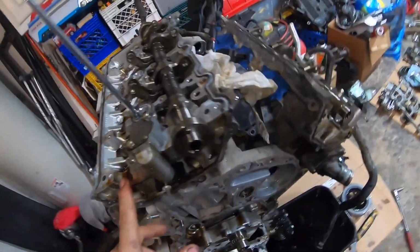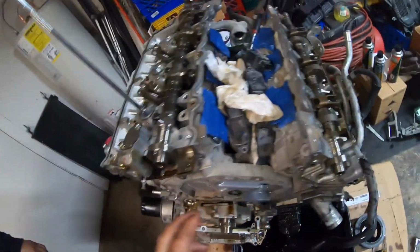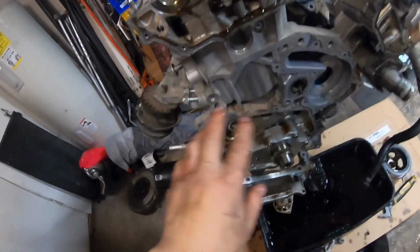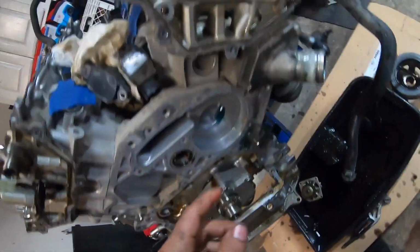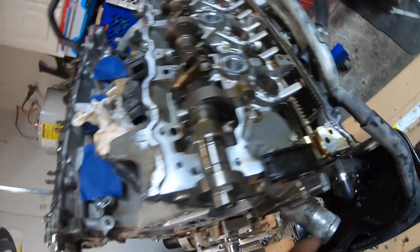So exhaust cams on both sides are removed. Everything else is removed as well. Clean off the silicone and drop in the June cams, clean off all the surface around the stuff like this, which is typical. So yeah,